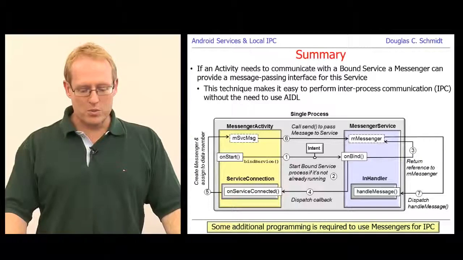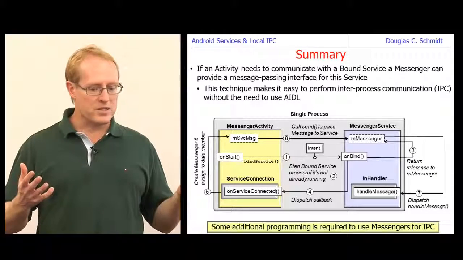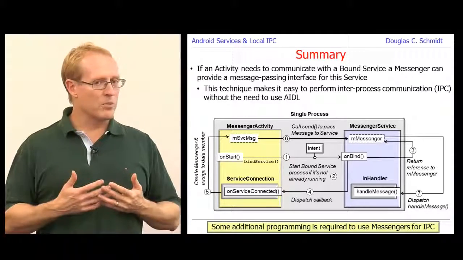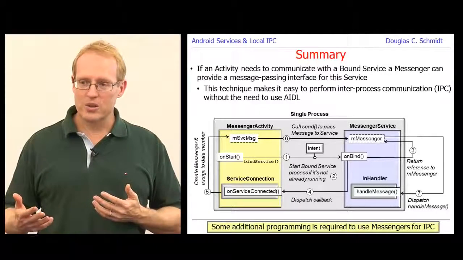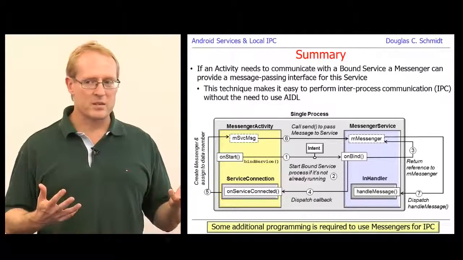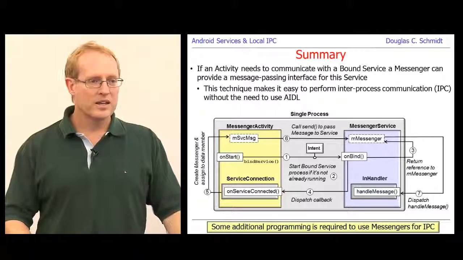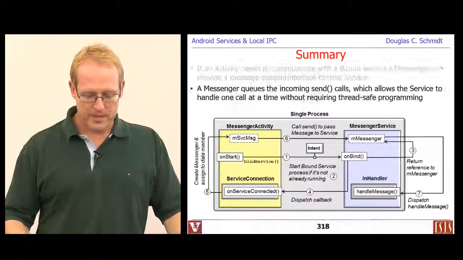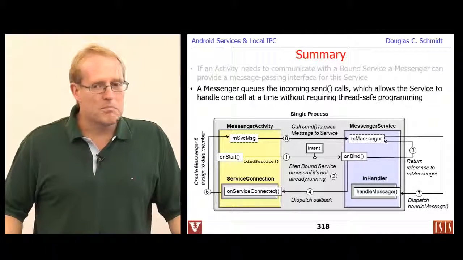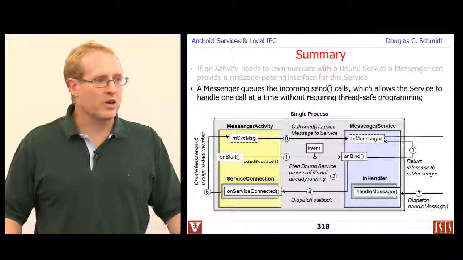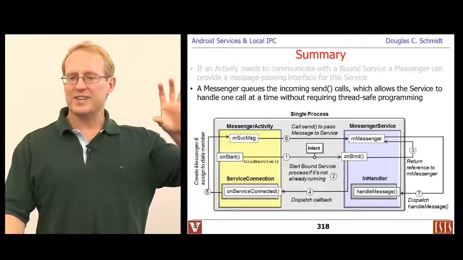If you want to be able to do communication across address spaces, then to do inter-process communication, there's some additional work you have to do. It's not that much harder. You just have to be able to put things in bundles and pass them around so they can be reconstituted correctly. Another thing to note, messengers queue incoming calls, because keep in mind that they have those handlers,